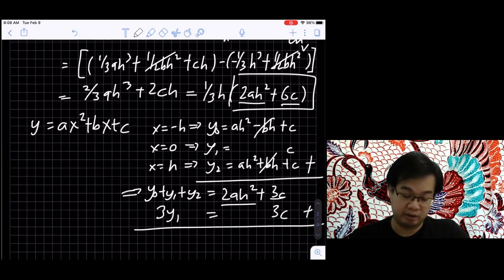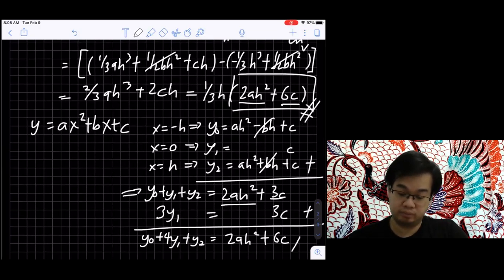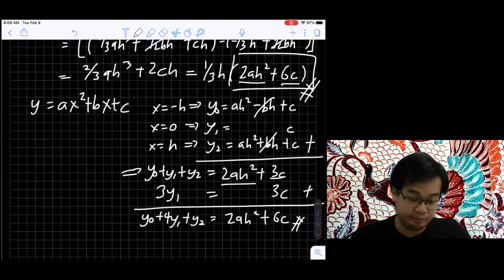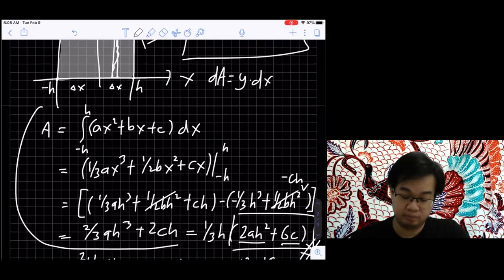So if I add them all together, y0 plus 4y1 plus y2 is equal to 2ah squared plus 6c. So it's already the same with this one. Yeah, it means that the area, the area from here,